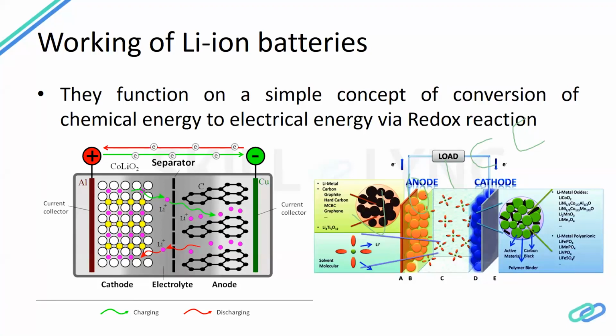We have carbon, we have graphite, we have hard carbon, we have graphene. Graphene is one of the newest materials that they have developed in order to get the maximum efficiency out of lithium ion batteries. Now the positive electrode, we say, is lithium iron phosphate; we have lithium manganese oxide, and lithium manganese carbide also we can use, LMC, for the anode or the positive.